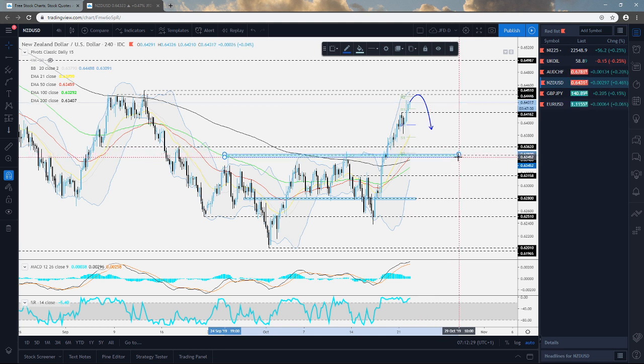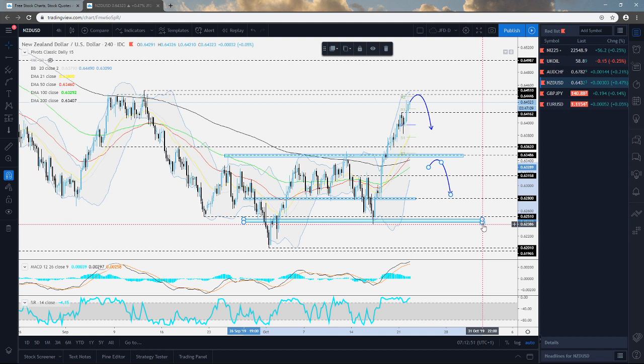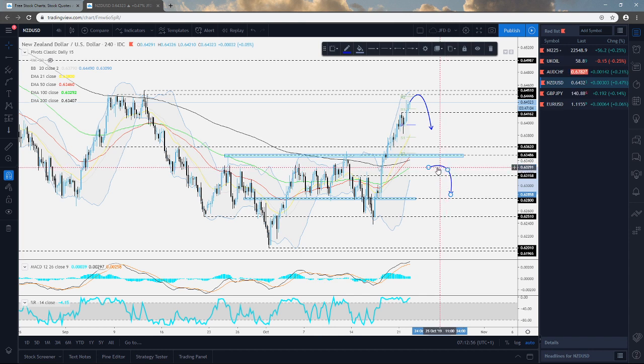But in order for us, let's say, to get a bit more excited about the downside, a drop below the 0.6349-0.6350 zone, approximately around here, guys. This is what we would need in order to consider slightly lower levels, because if we see a drop below this level, then, oh, there we go. I need to get rid of this, guys. Too much copying here. So if we see a drop below the 0.6350 zone, then this would also place the rate below its 200 EMA here on the 4-hour chart, and we could see this as a bit of a negative here, and yep, a further slide